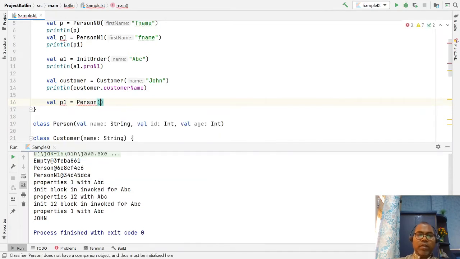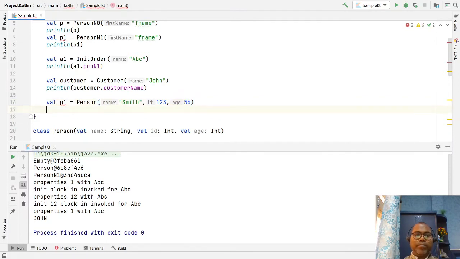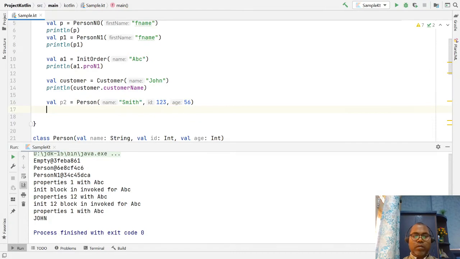Here you can pass all the constructor arguments, like Smith, id like 123, age like 54. Then println.